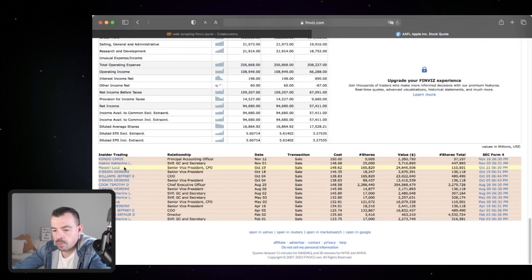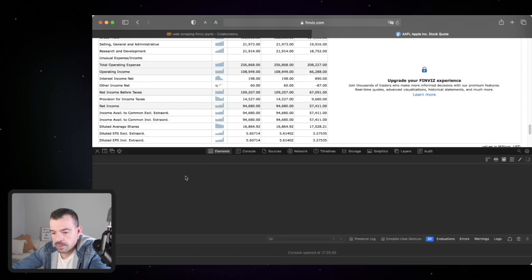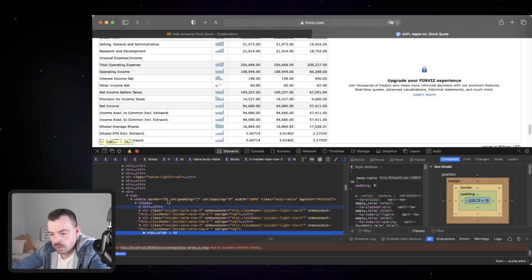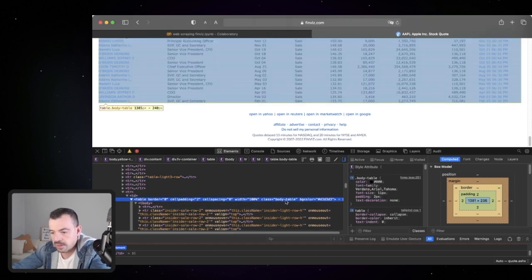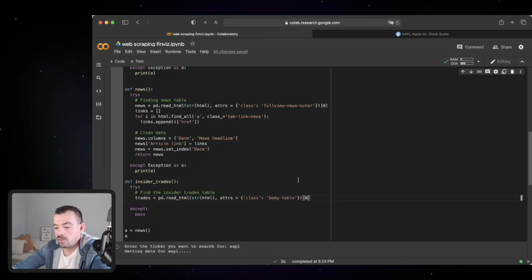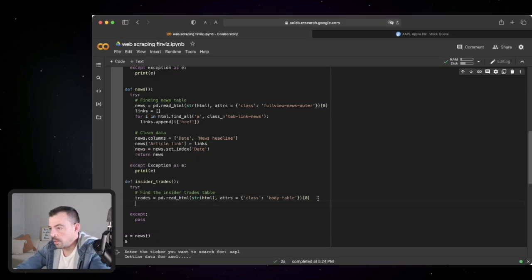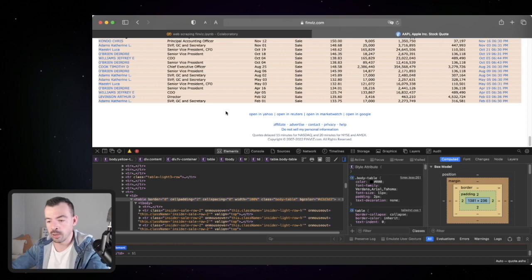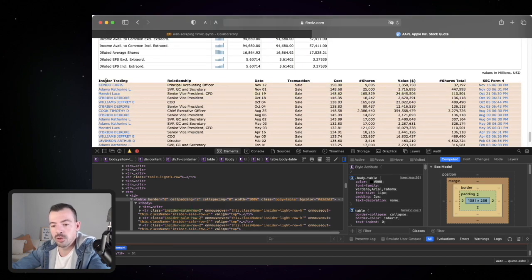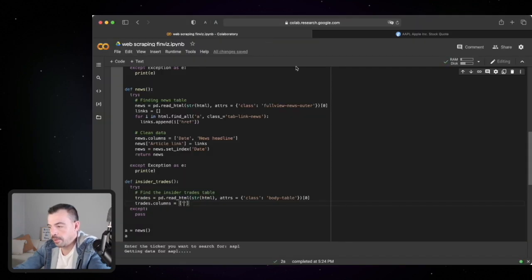Again, we can check that out by right-clicking, inspect, and if we look for the table specifically, the class is called body-table. Yes, so we are going to look into body table, and we are going to say that our trades.columns is going to be equal to a list, and in here we want the column names of each of these tables. So insider trading, relationship, dates, transaction, cost, etc. So we will start by trader, then we will say relationship,